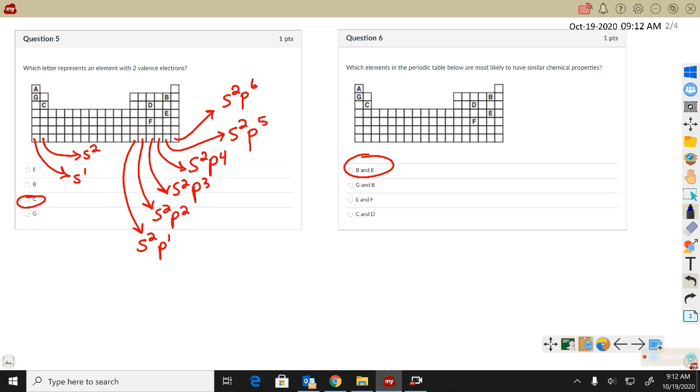Number 5, which letter represents an element with 2 valence electrons? It should be your alkaline earth metals. And so we looked at valence electrons in the last unit, the electrons on the outermost energy level. But there are trends on the periodic table. Everybody in the first group, all of the alkali metals and hydrogen, will have 1 valence electron. I'll mark this in blue. Valence